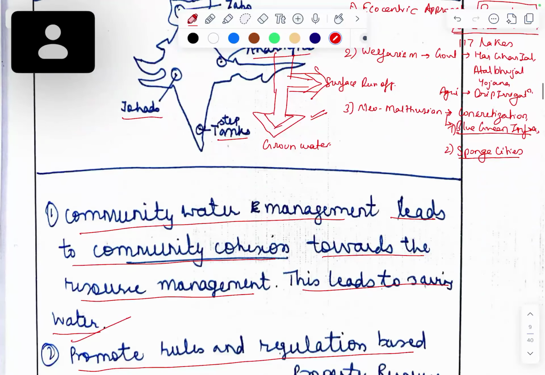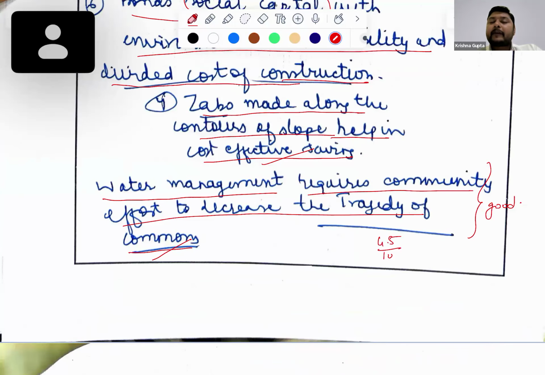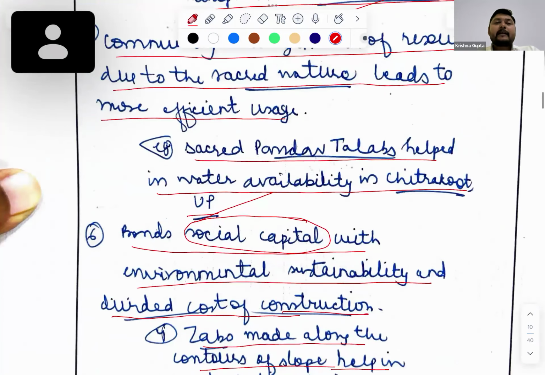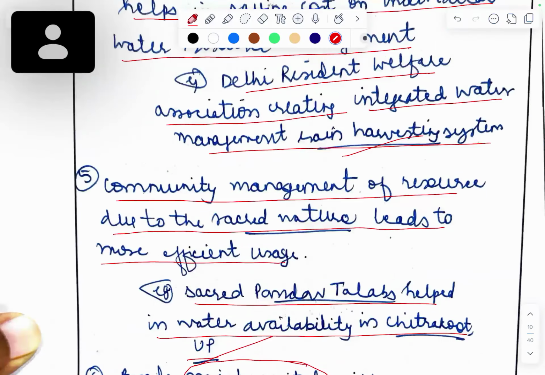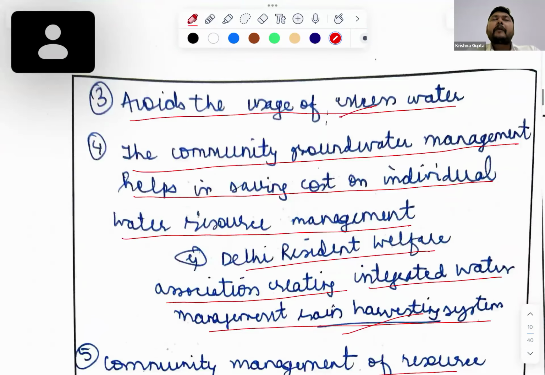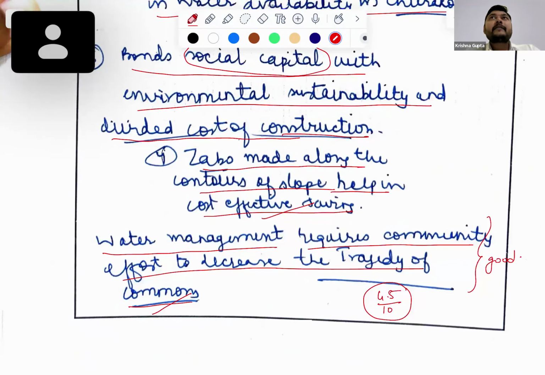Okay, so here I'll be giving you 4.5 out of 10. The answer is very good. You have written very good examples, but perspective is missing. See, if you add a good number of perspectives or models or theories or laws or cases, you will get at least 60 to 65% of marks. You could have got 6 out of 10 directly, but you are getting 4.5 out of 10. Why? Just because of the lack of perspectives and models and theories. Yes, sir.